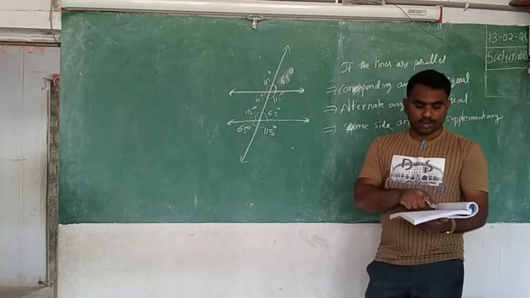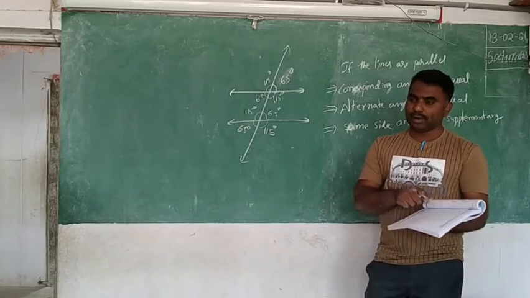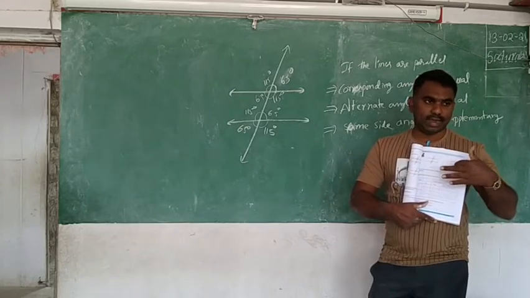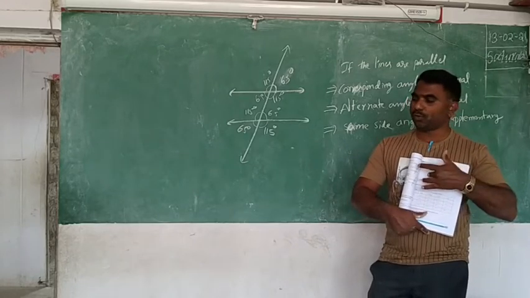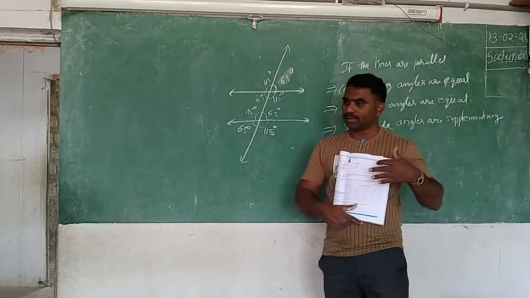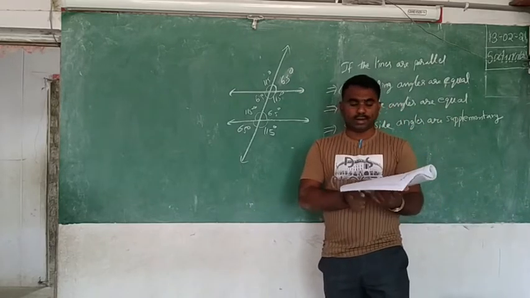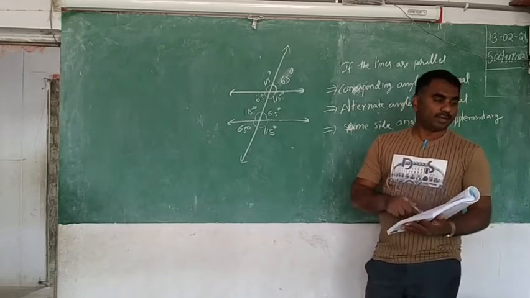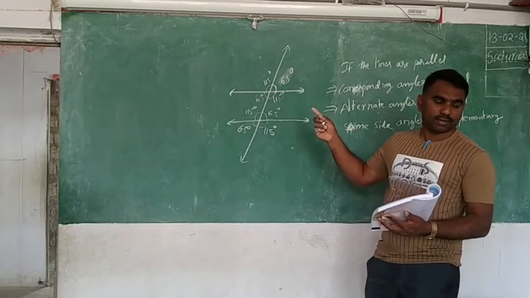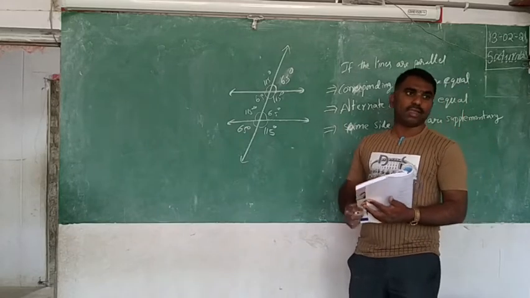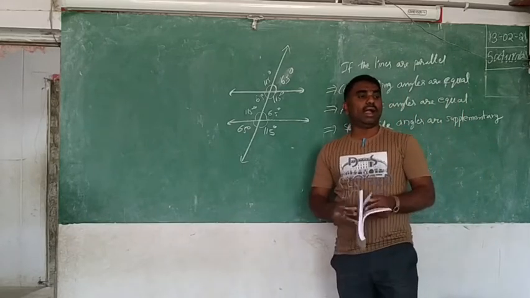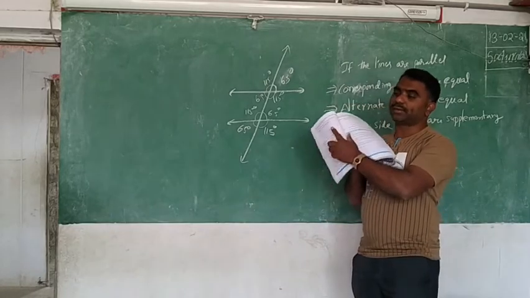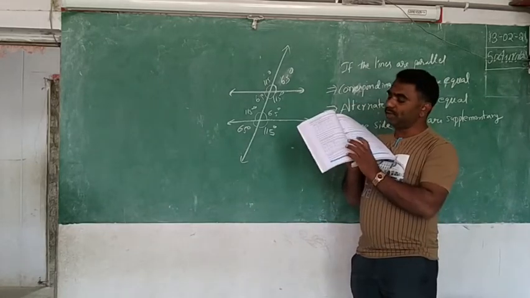Here you have angle 1, angle 2, angle 3, angle 4, angle 5 in the table. Fill the angles in the first set from the first picture, two sets; in the second picture, two sets, and write them all. After writing that, you observe: are you finding corresponding are equal or not? Are you finding alternate are equal or not? Are you finding same side? One more table is there for alternate, and one more table for the same side angle.